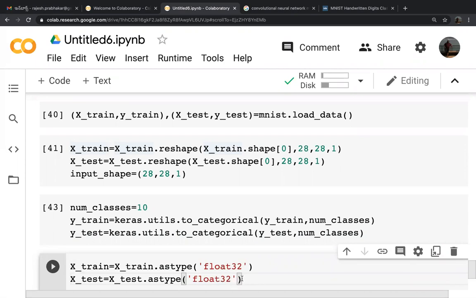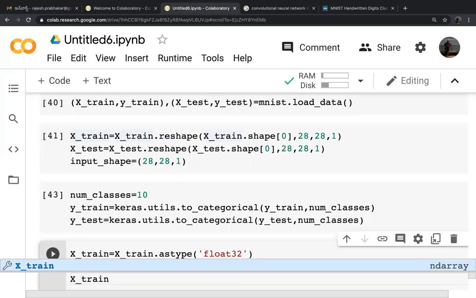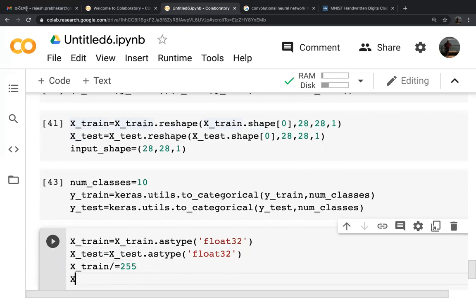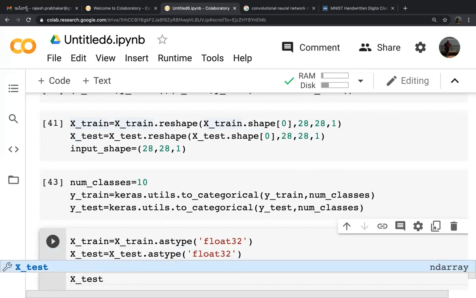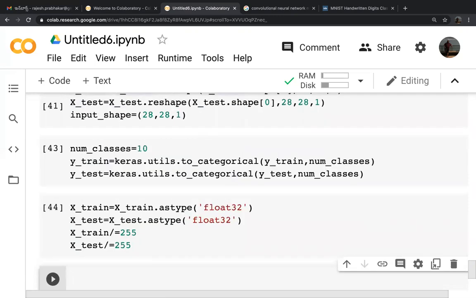We have converted it into float32. Then we will divide it by 255. X_train /= 255, X_test /= 255. So we are reducing the values to between 0 and 1, and we also converted the integers to floats. This process will reduce the size of the data so that we can run the algorithm faster.